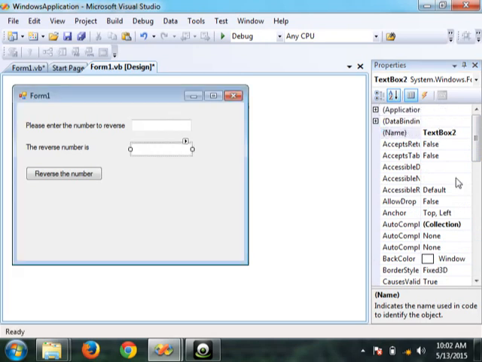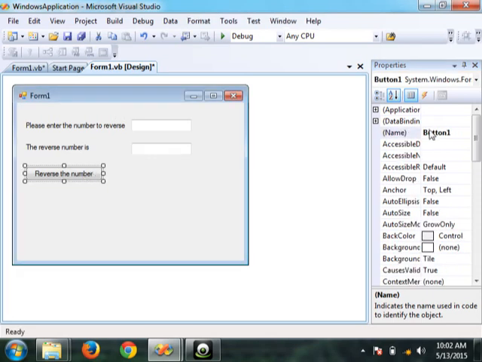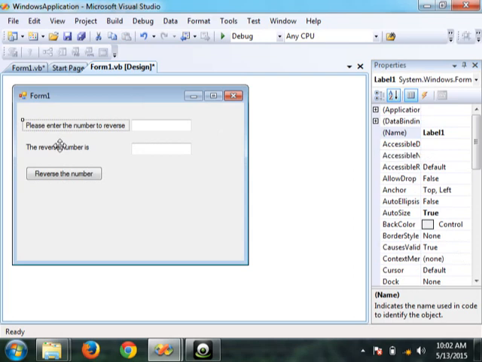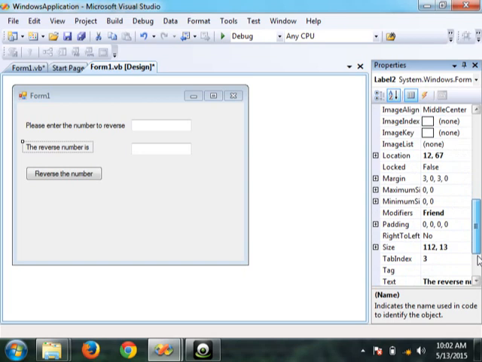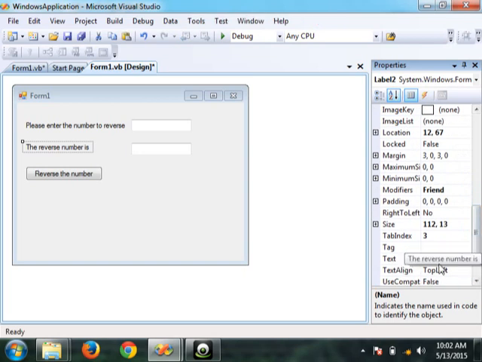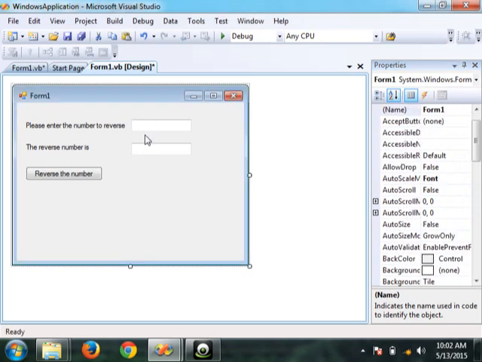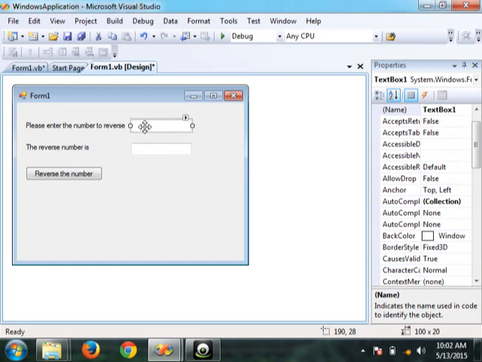Similarly, this one has a name called TextBox2. This one has a name called Button1. Even this label has Label1, Label2. But remember, we changed the text, not the name. You understand? We have changed the text. Now that means my input is coming from which text box? TextBox1, isn't it?